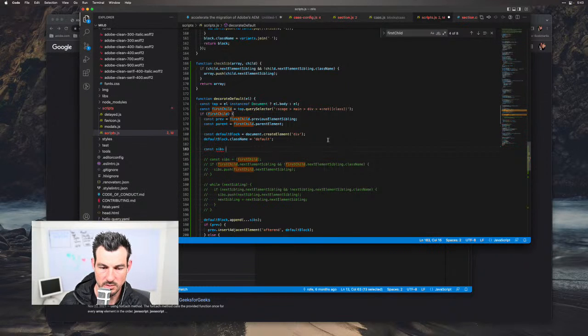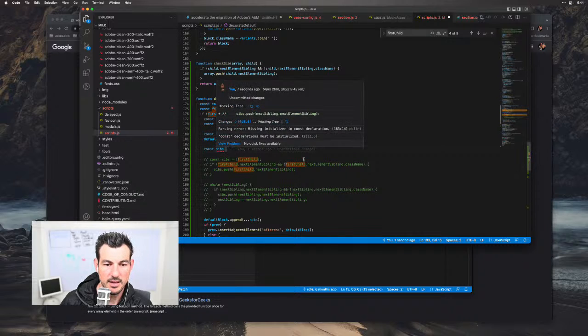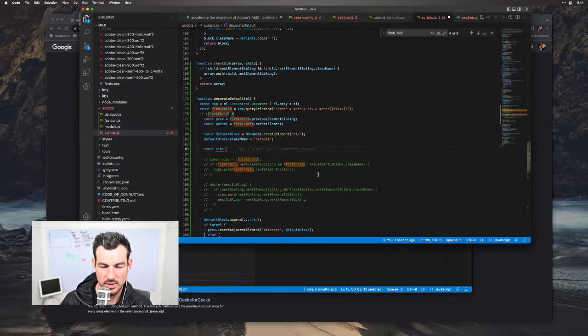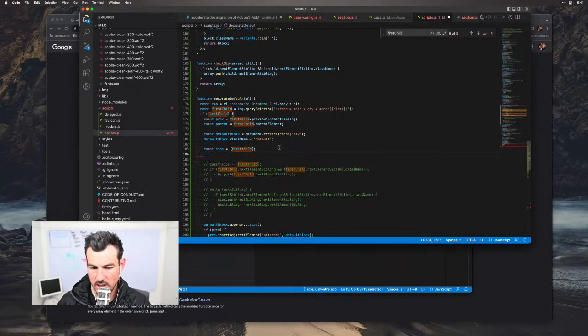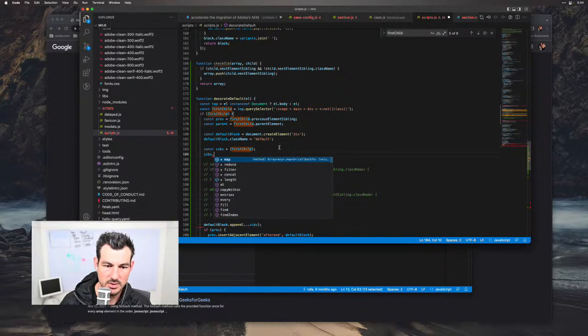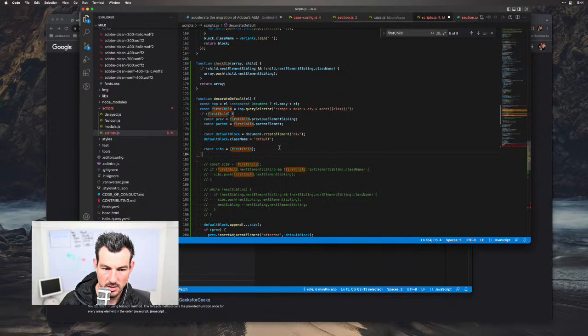We are going to have, how would we reduce that? Yeah, it would be. Okay, so we do want to do, okay, so sibs is the first child. We would say sibs, and we would actually say const